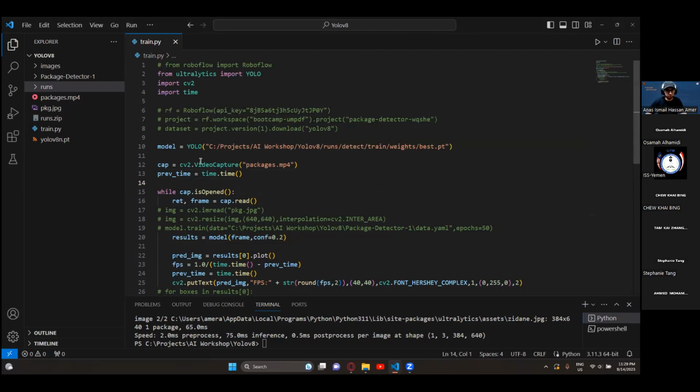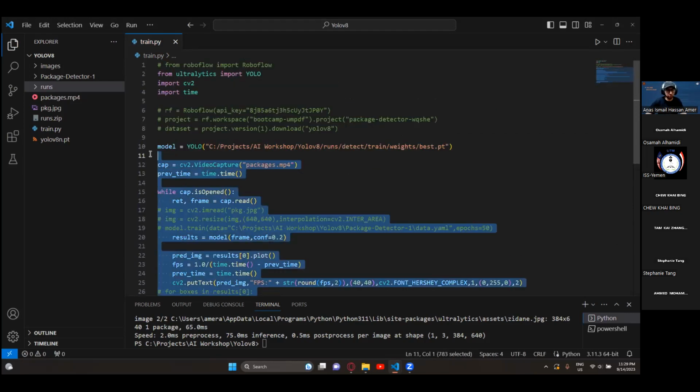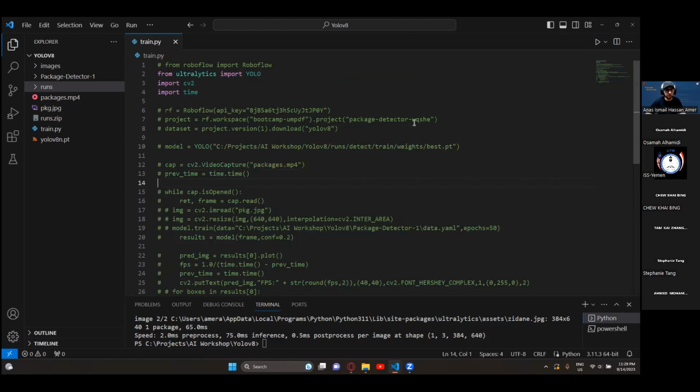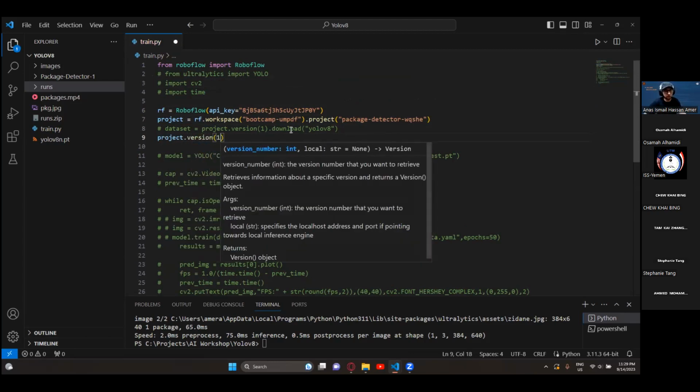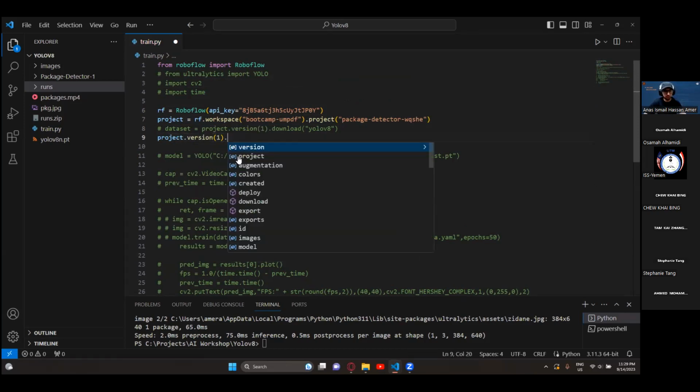So we will use RoboFlow. We will ask RoboFlow to host our model for us, and then we can later send it images and receive the results. So I'll comment out for now all the code for the YOLO and go back to the RoboFlow code. We need this RoboFlow object and the project object, which has our details. And then what we'll do is say project version 1, similar to the download argument, but instead we will say deploy,